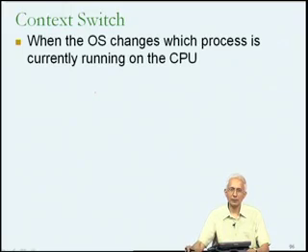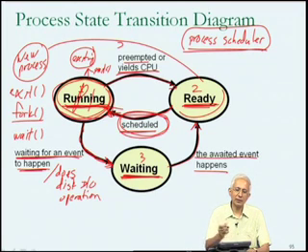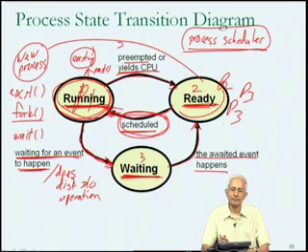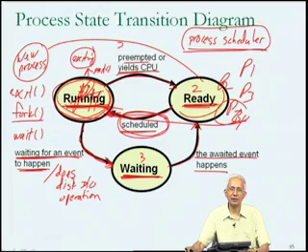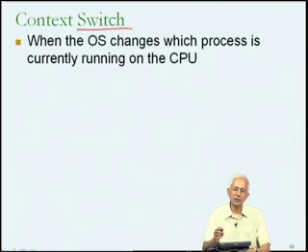Right, so, I will go back to the previous slide. If process P1 was currently running and many processes were currently ready, then when the operating system evicts process P1, it may end up as a ready process, and process P4 may end up as the new running process. So, there is a switch from process P1 to P4 as far as the running on the CPU is concerned. That is why this is called a switch. So, when the operating system switches which process is currently running on the CPU, this event is known